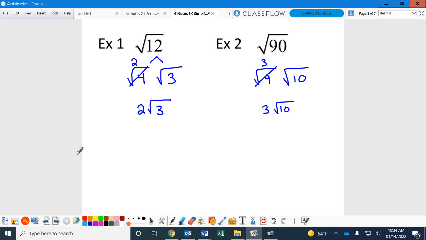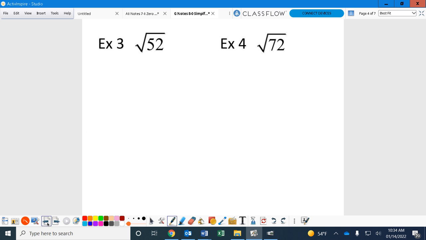Okay, let's keep breaking them down. Okay, square root of 52. 4 and 13, thank you. So we've got 4 as our nice number, 13 is our ugly number. 13 is really ugly, it's prime, doesn't break down at all. Square root of 4 is going to be 2. So we'd write it 2 radical 13, 2 square roots of 13, however you want to say that. As long as you say it with that radical in some way, shape, or form, those are both correct. Now, 72,